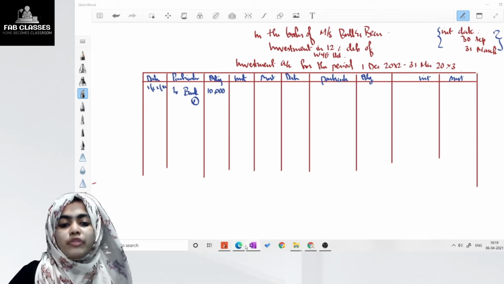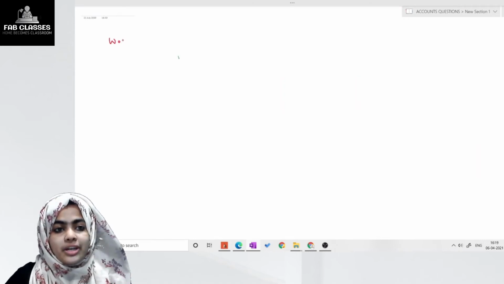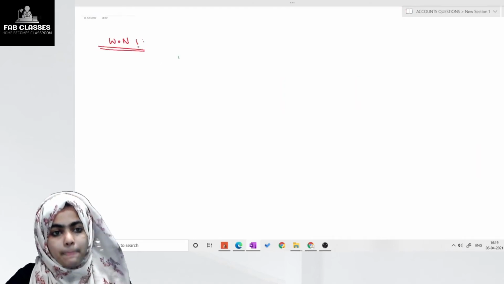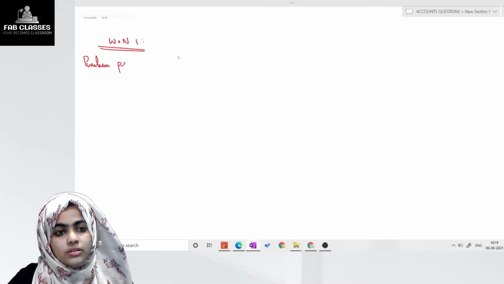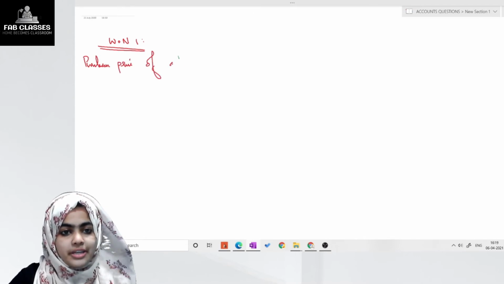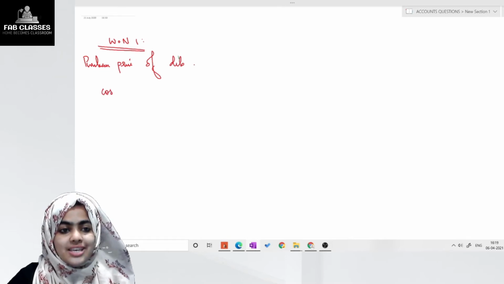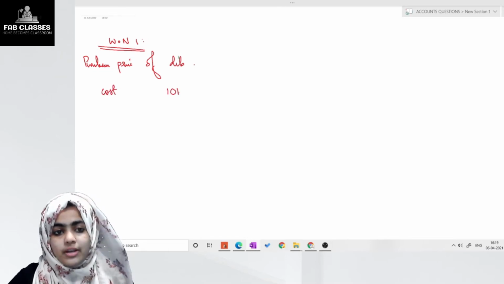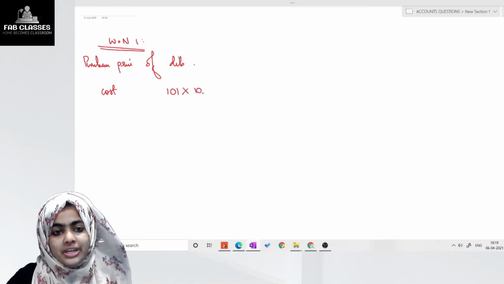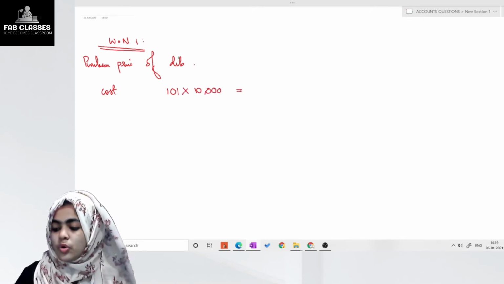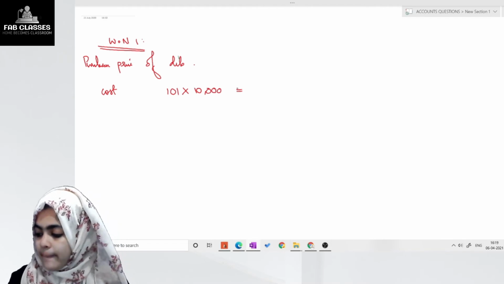For that purpose, we have to prepare a working note. So working note number 1. Purchase price of debentures. So the cost is 101, right? 101 is the X interest price. So the payment which we have done is 101 for 10,000 debentures. So 10,000 into 101